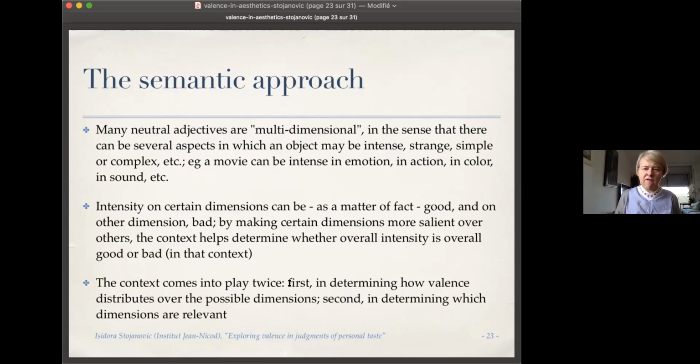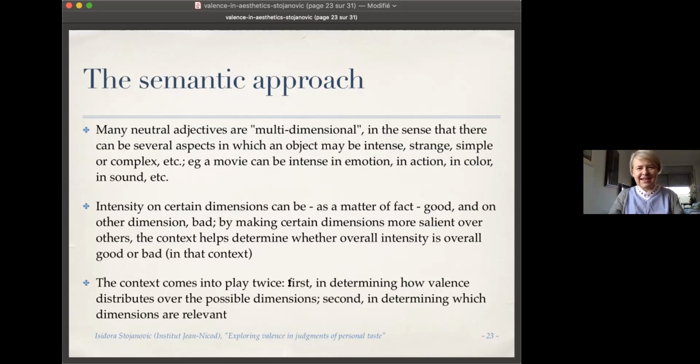It determines how valence, so valence is the idea of having positive or negative value, distributes over the possible dimensions. And secondly, it determines which dimensions are relevant in trying to establish the overall value of something having that property in a given context, which in turn gives you the value of a statement such as this movie is intense. So this may sound complicated, but actually it's a kind of